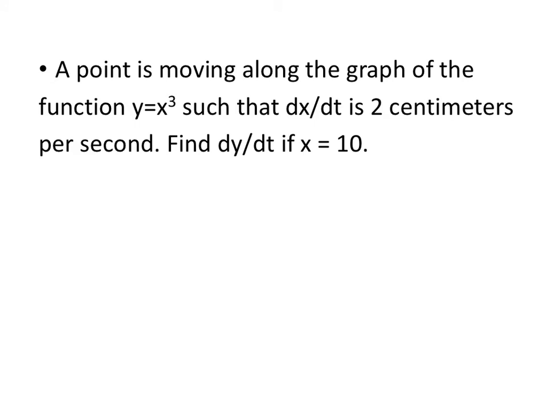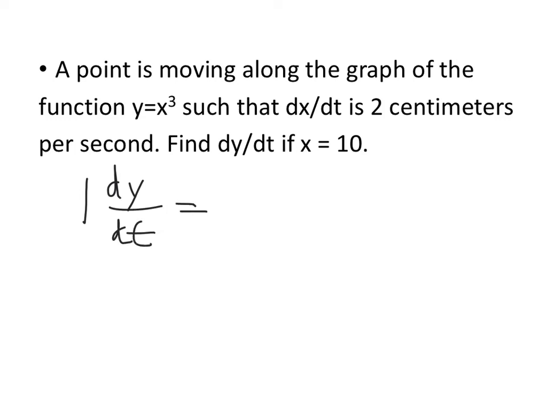So, one more basic, kind of out of context problem. A point is moving along the graph of the function y equals x cubed, such that dx/dt is 2 centimeters per second. We need to find dy/dt if x is equal to 10. So same as before, we need to implicitly differentiate y equals x cubed with respect to t. And so by doing the power rule, the derivative of y is just 1, and then times dy/dt by the chain rule,